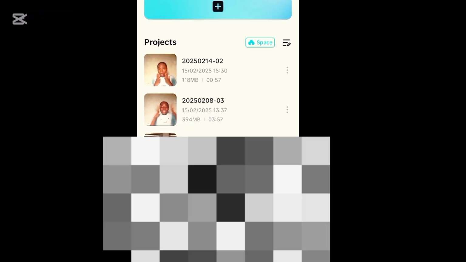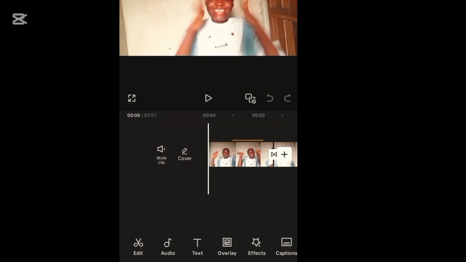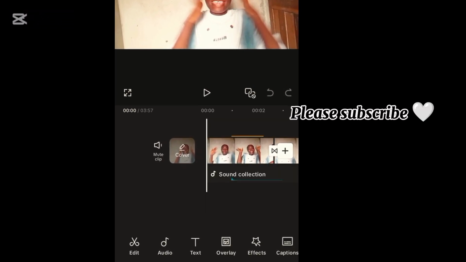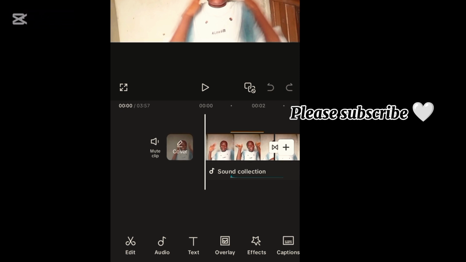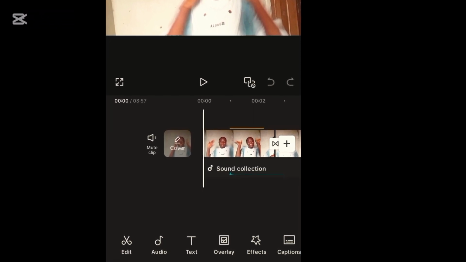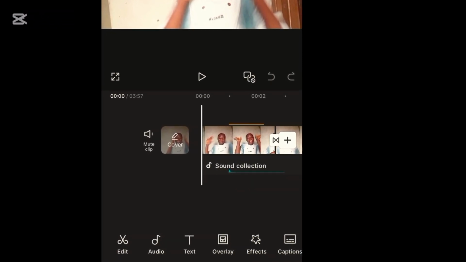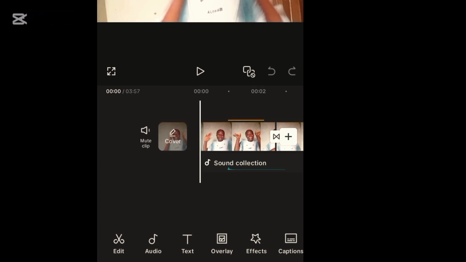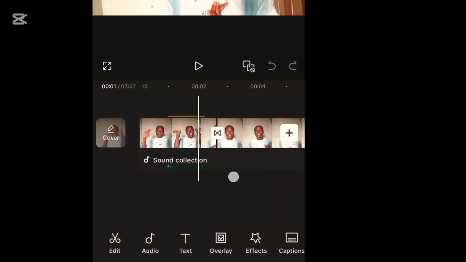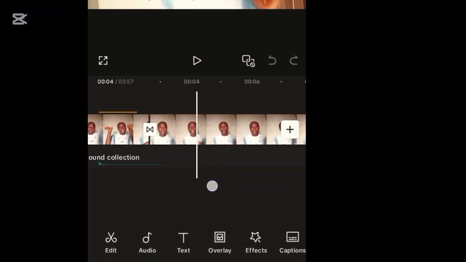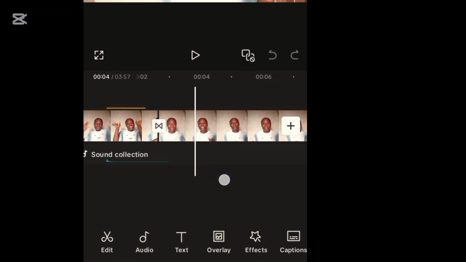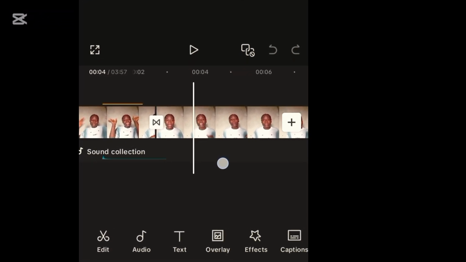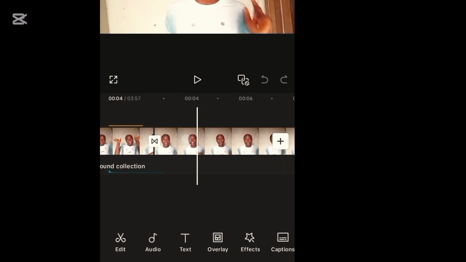Remember that I told you guys that keyframe allows you to make changes to all the different elements in your timeline. Like you can do a lot with keyframes. You can do animations, you can do filters, you can change stickers, you can adjust volume effect, you can even do color shift effect, and you can do the zoom in and the zoom out. So in this video, I'm going to show you first of all how we're going to do our zoom in and zoom out effect. So in this video, I'm going to click on this part of the